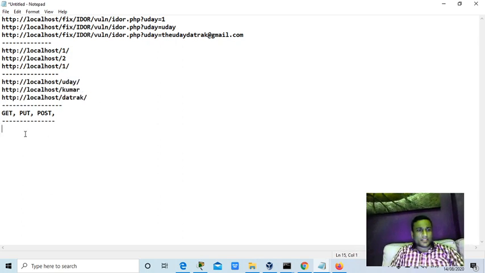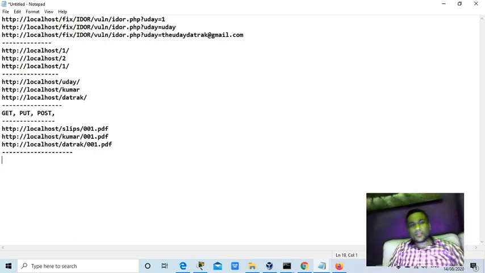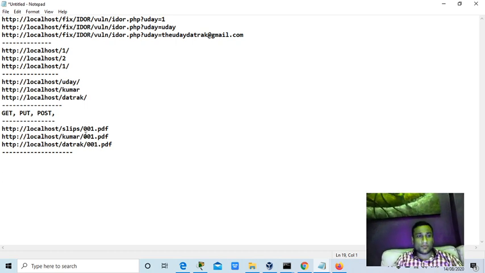Medical applications, guys: some medical applications will have files like slips, like 001.pdf. You are trying to get all the slips which contain the amount or card numbers. I'm just telling you the scenario about the slips.